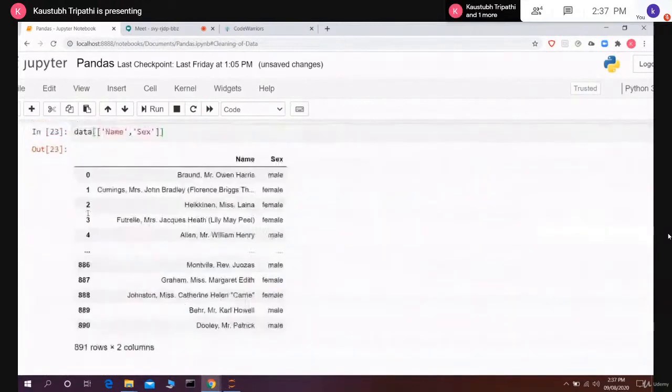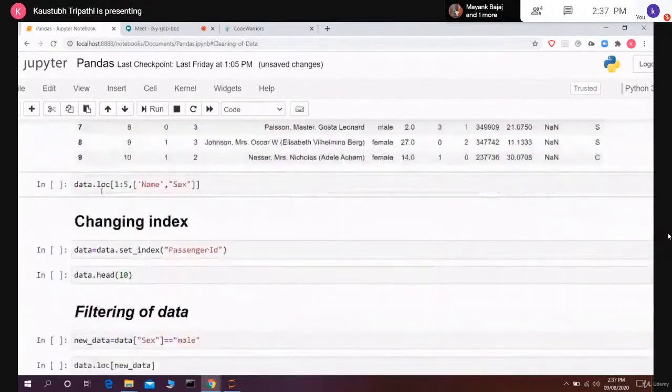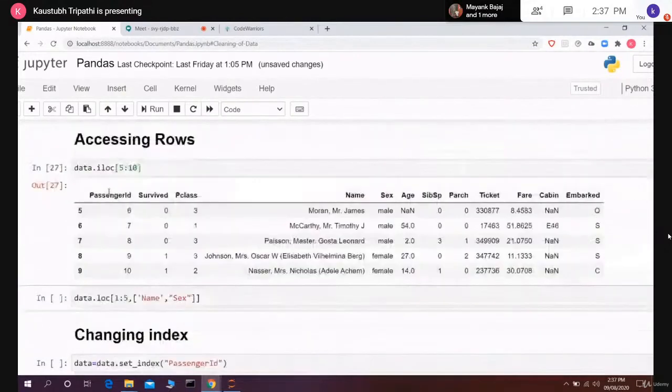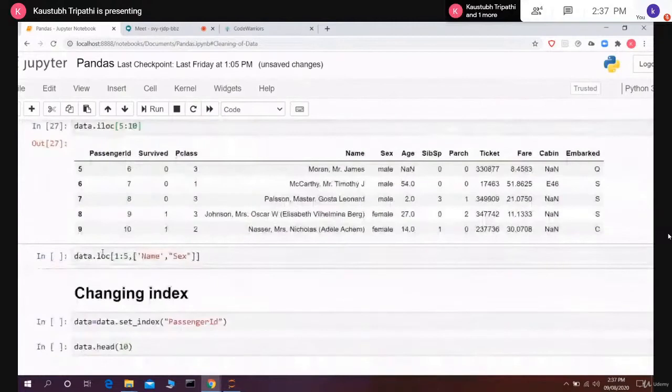So what we are going to do is, let's come back to it, we use the loc method, LOC. Now this was the iloc method and this is the loc method. Now the loc method is a much more advanced method than iloc. Okay, iloc basically works with the indexes only. You need to know the index of that row.